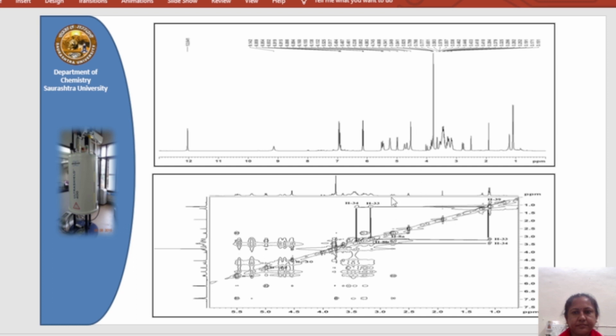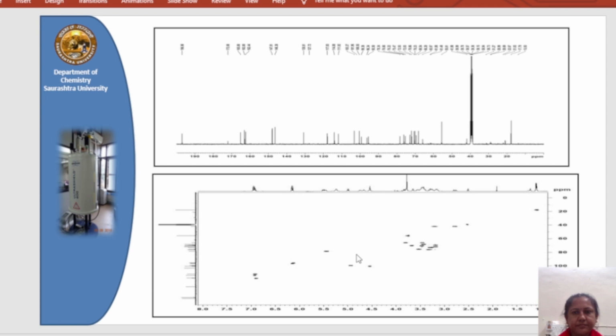In this slide we report two techniques. One is the 1D NMR proton spectrum of hesperidine. Second, we take a simple C13 spectrum. But you can see the noise level, and due to this noise level it is difficult to interpret the 2D also. So to suppress the noise level, we use the NOE technique, and we can get sharp peaks.